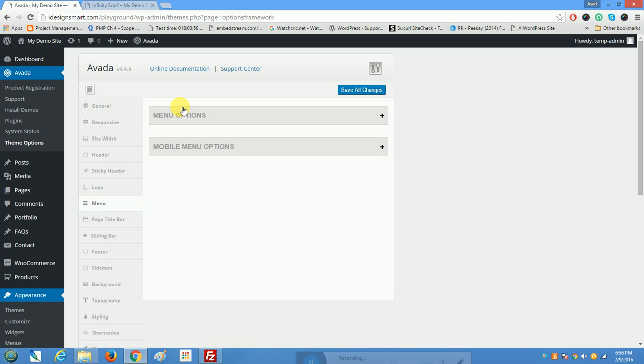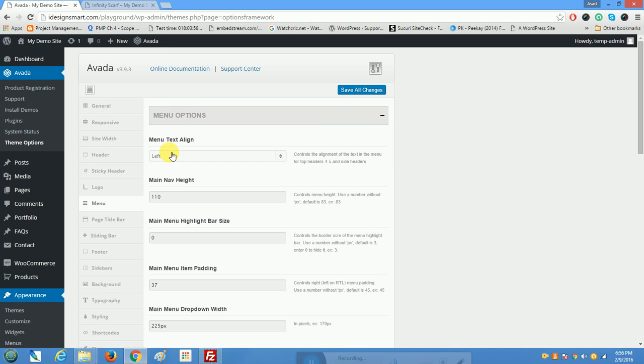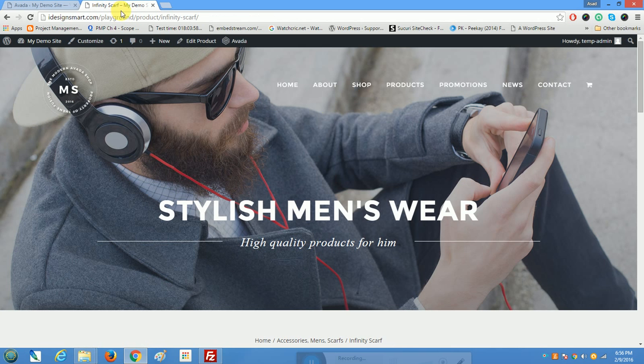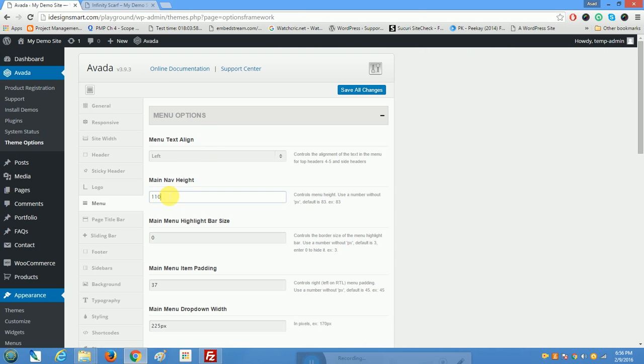So menu options, there are a lot of options for how you want to align your menu. This is very important: menu navigation height. Basically what it does is it determines how much space you'll have from the top to the menu. So for example, if I wanted to move the menu a little down, right now it's 110, I can make it 160 for example, just to make it obvious to you guys. So I'll make it 160, save all changes,